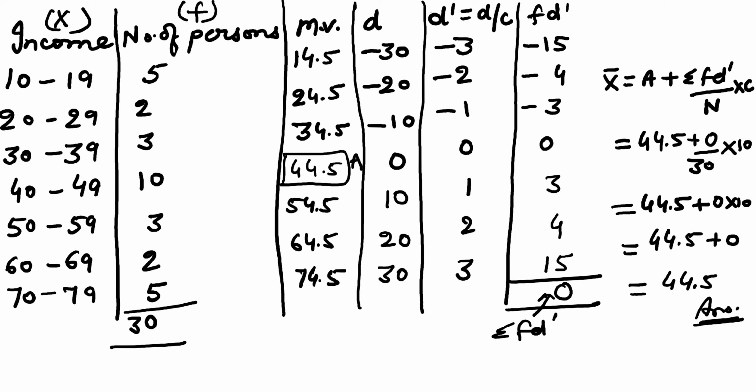So you can see here that it is a coincidence that our assumed mean here has become the actual mean. It might be the case that you will find such a question where whatever assumed mean you have taken will finally become the actual mean. So this is the thing about arithmetic mean in inclusive series.